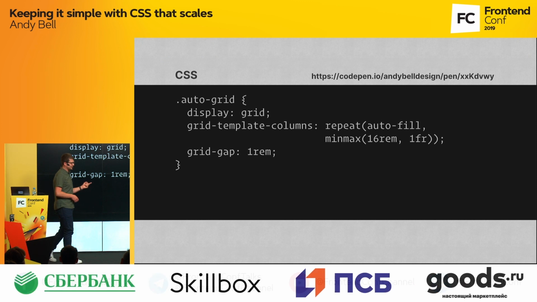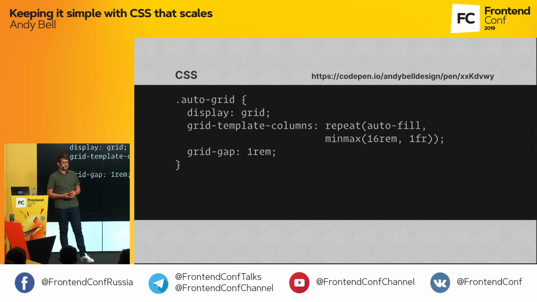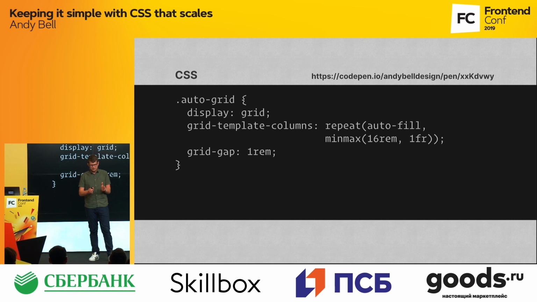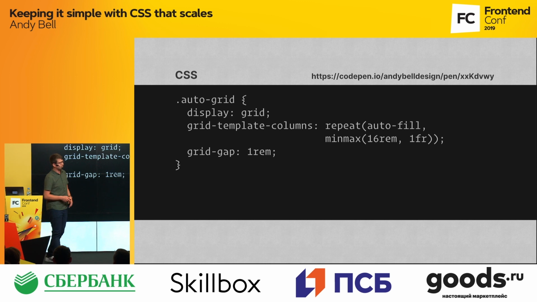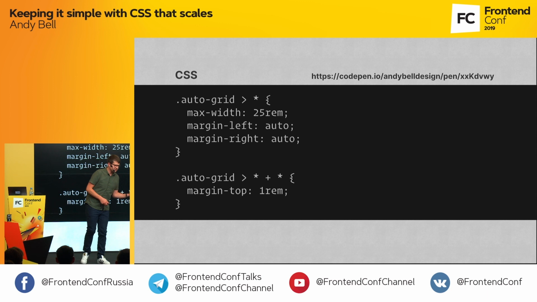So this is some CSS that I wrote, which is a grid. And you can see there's a link to a CodePen there as well. I'll share the slides after the talk. And what these 3 lines of code do is set it to display as a grid, and then it uses what's called the minmax function to pick the size between either 16rem, which is the minimum size I want the box to be, and the maximum space, which is 1fr, which is a fractional unit, which means one piece of space divided by how many items there are. And then finally, I say grid-gap 1rem. So I say just put an equal space between all the elements for me. And that's it. That's the layout sorted.